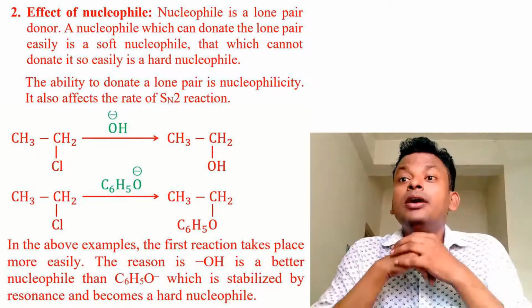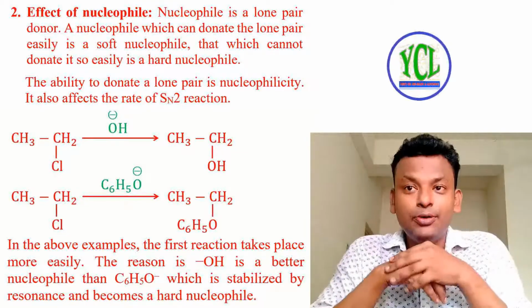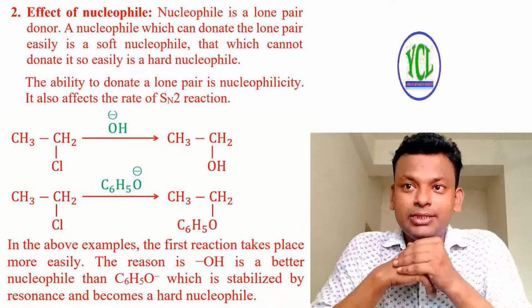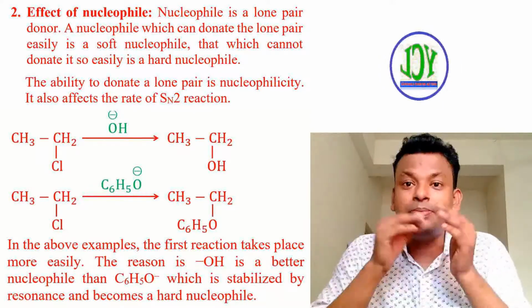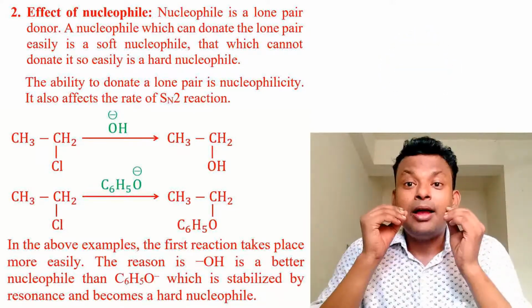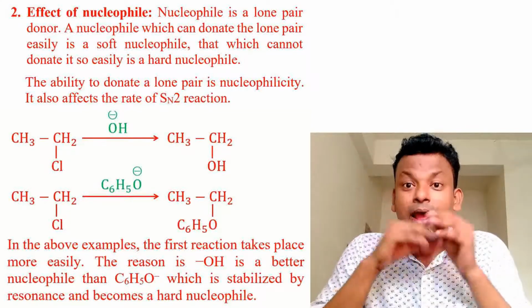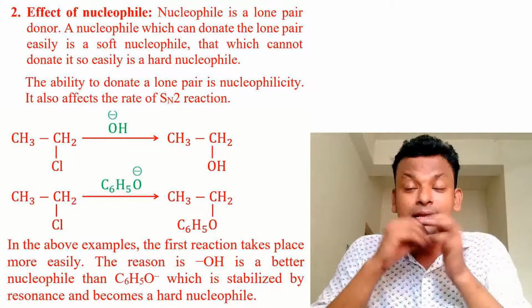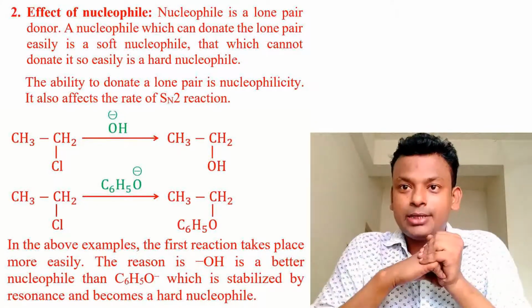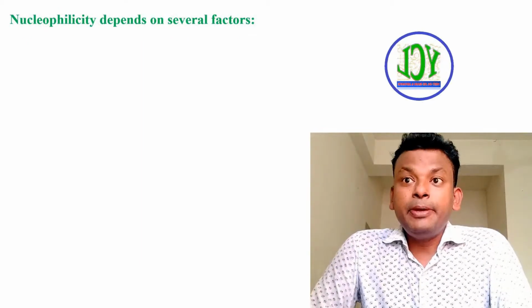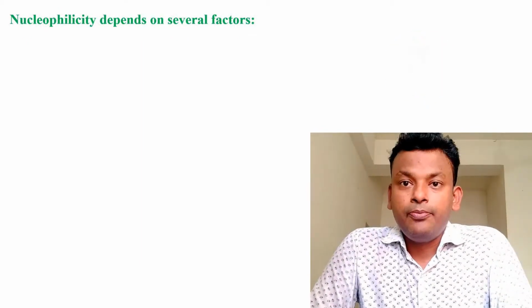The reason is that OH negative is a better nucleophile than C6H5O negative, which is stabilized by resonance and becomes a hard nucleophile. Soft nucleophiles are more reactive for SN2 reaction, and hard nucleophiles are less reactive for SN2 reaction. And next, nucleophilicity depends on several factors. First,